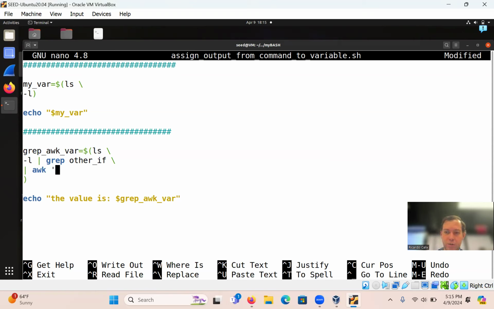Single quote, curly bracket, print, $5, curly bracket, single quote. All right, so let's try it.